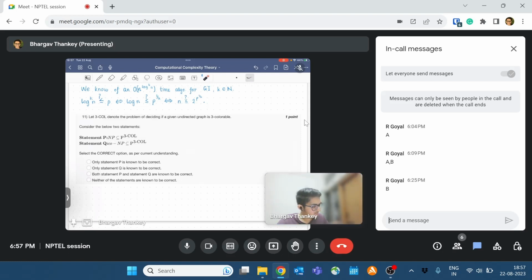Statement P seems to be true because we have oracle access to three colorability, which itself is an NP class problem. And now if I have the solution of the three colorability in one go, will it help me to get the